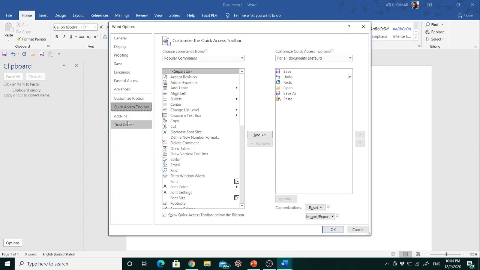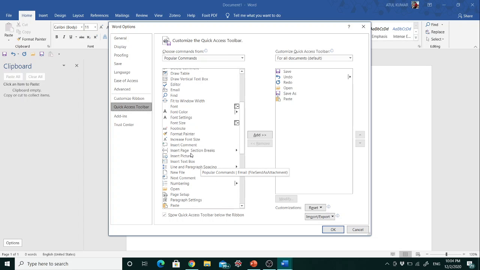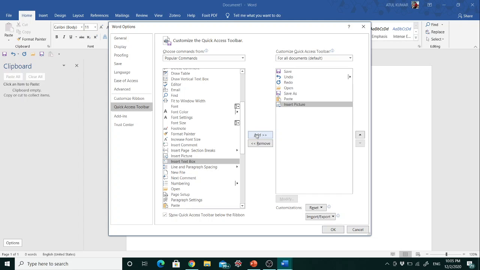You can customize your quick access toolbar with more commands based on your requirement. Just click on more commands, and here you can add different kinds of commands by selecting. Suppose I want to use this command in my quick access toolbar, just select this insert picture command and click on the add button. Now the right hand side pane shows different commands that are available in your quick access toolbar.